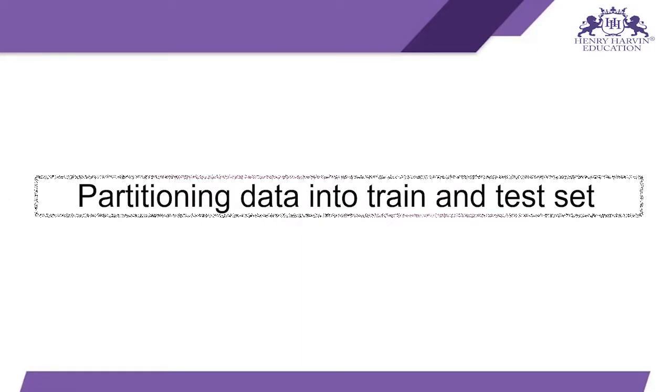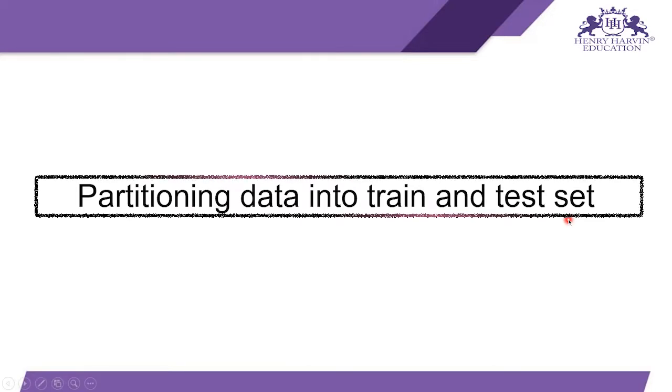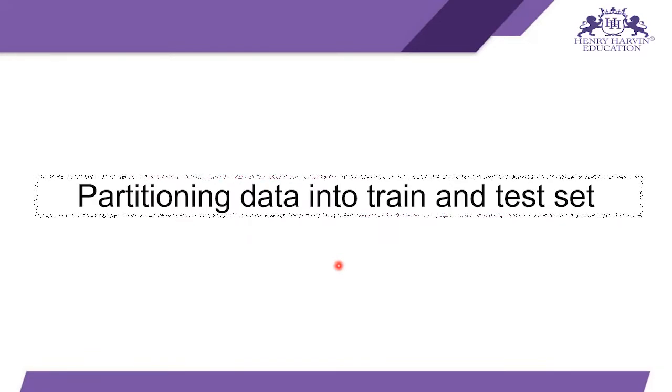When we are going to make some machine learning and deep learning models, or let's say neural network models, while we are making our models, we have to divide our data set into two parts, which are train and test sets. This train and test split is really important, and I'm going to tell you why we divide our data set into train and test sets, what the importance of these is, why we use it and how we are going to use it. So let's get into this and start today's session.